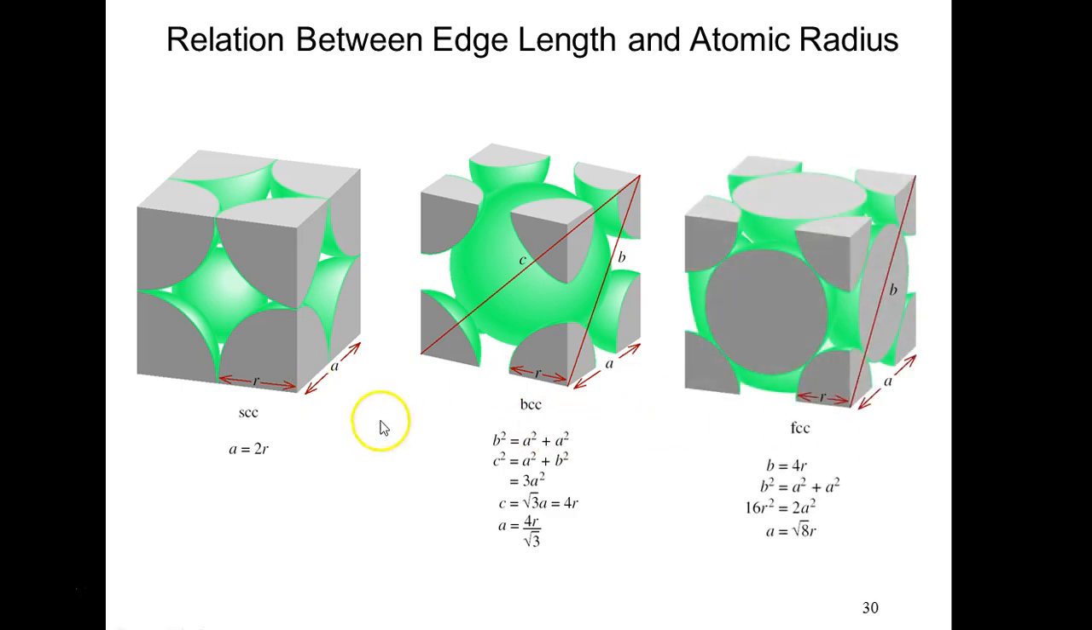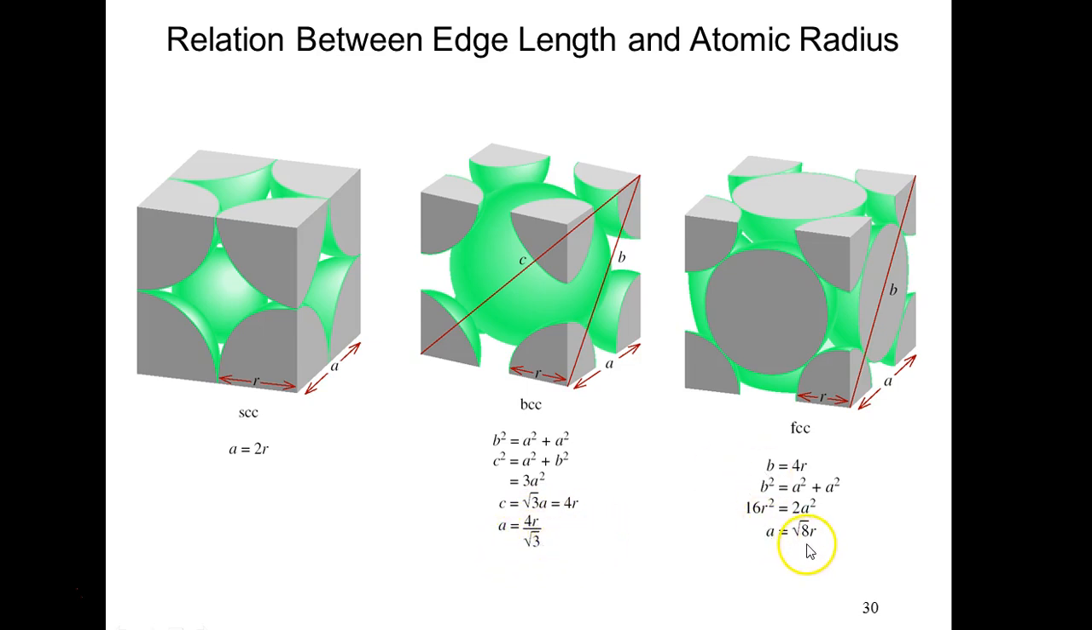So in each of these structures, there's a relationship between edge length and atomic radius. Okay, so in simple cubic, the radius of one sphere, so this is 1/8 of a sphere, but this represents the radius of it. The edge length is 2 of that radius. As you move on to body-centered cubic and face-centered cubic, the edge length a is represented by a different mathematical